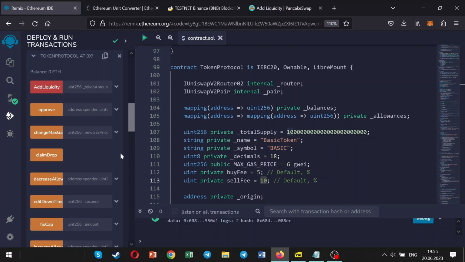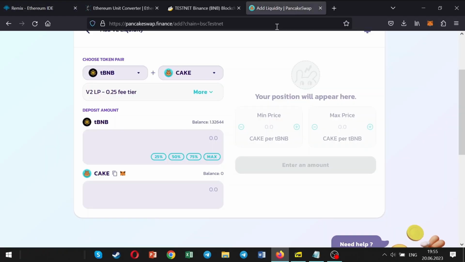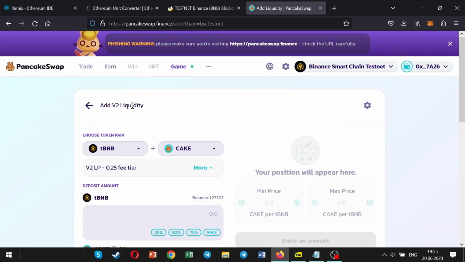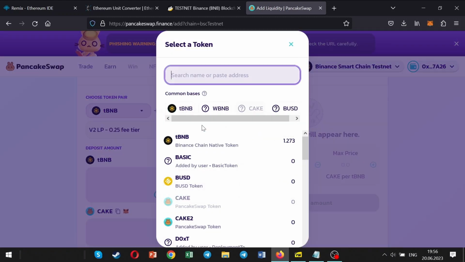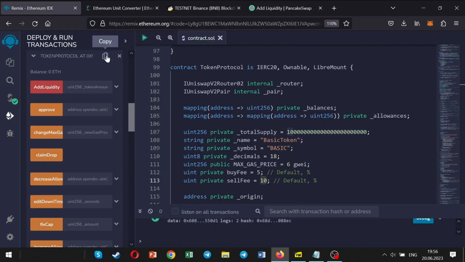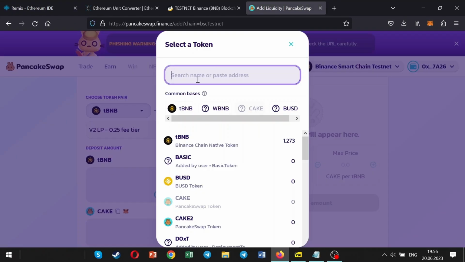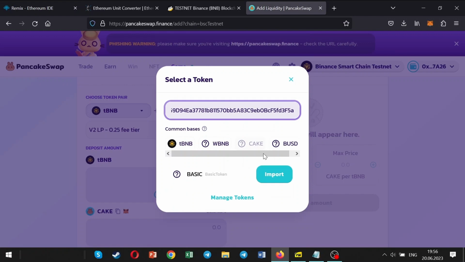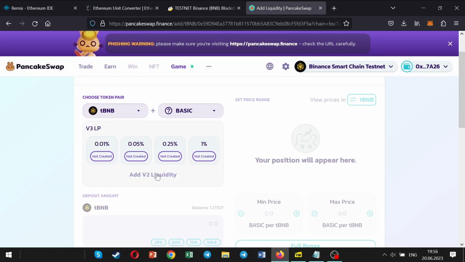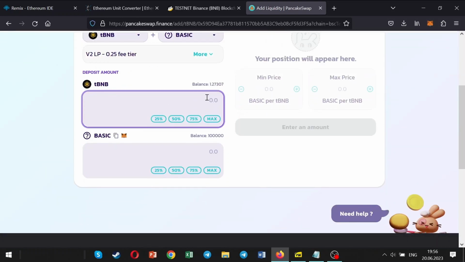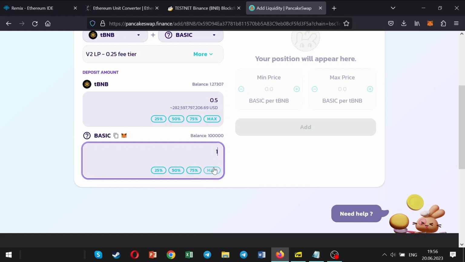Now, let's provide liquidity for the token. It is also important to provide exactly V2 liquidity, so the token will work properly. Here we should paste the address of the deployed contract. Let's take it from Remix. Next, let's input the desired amount of each token that we will provide for liquidity.